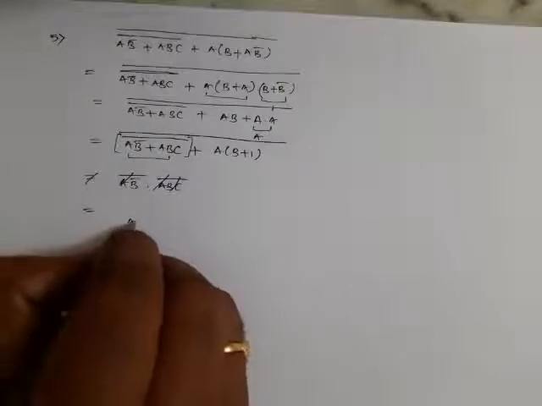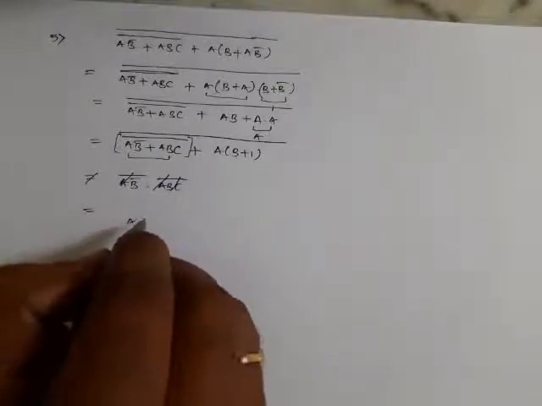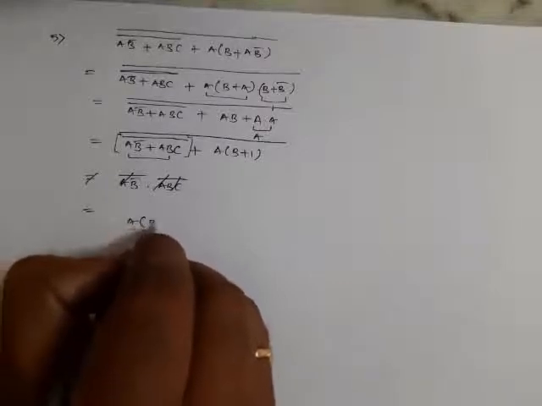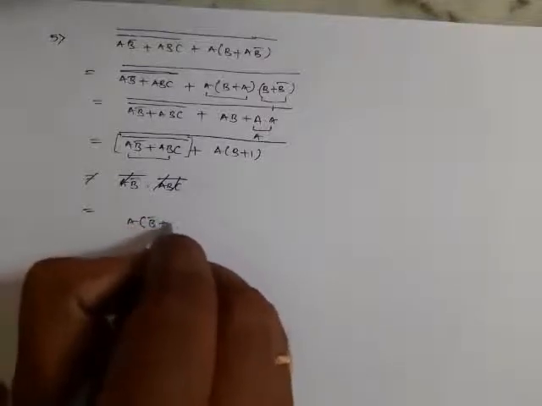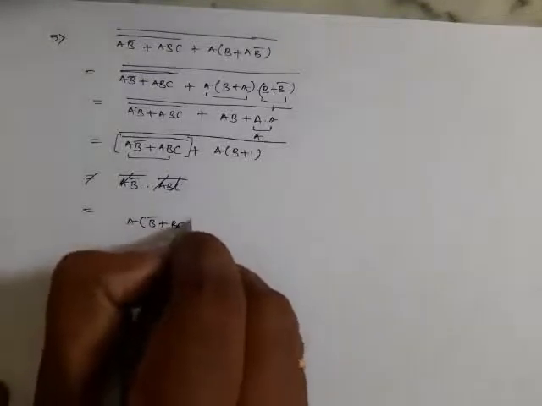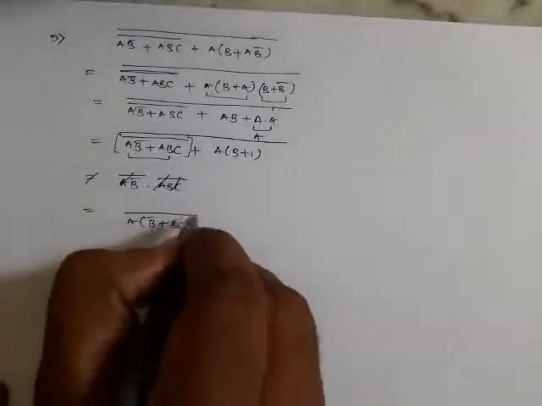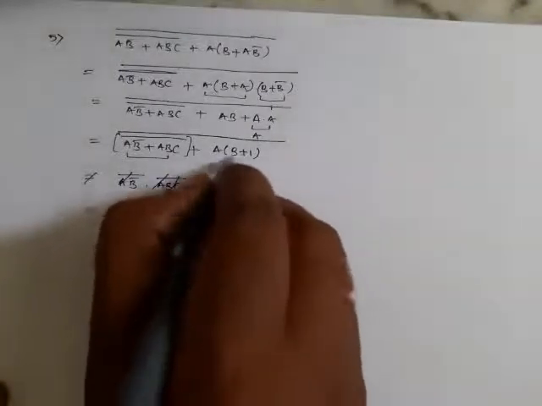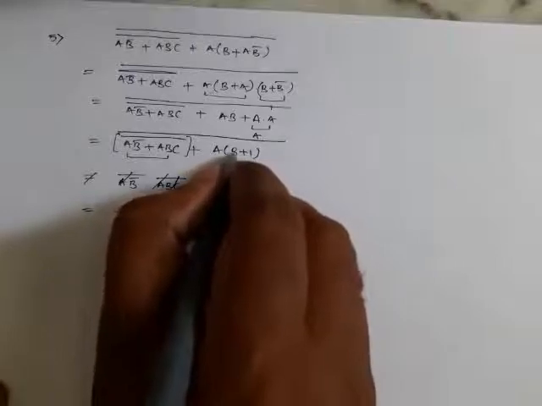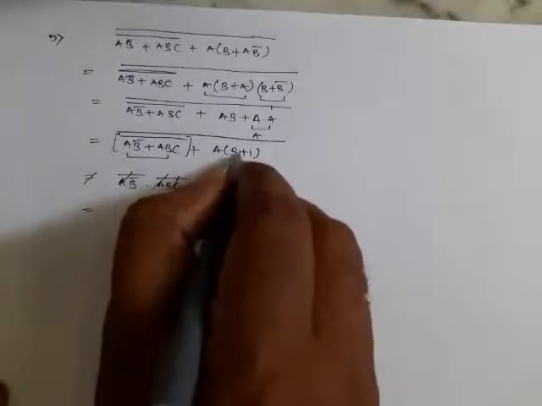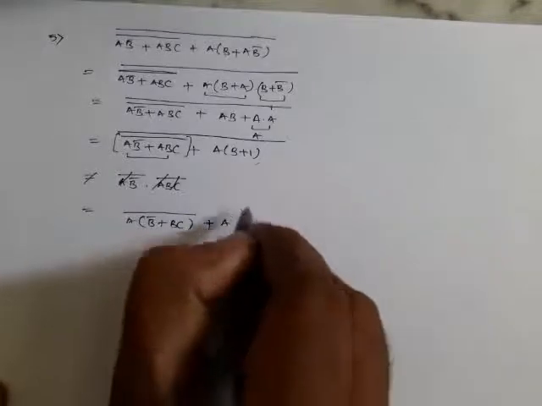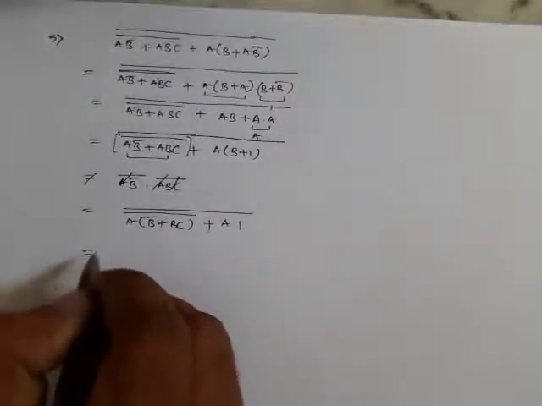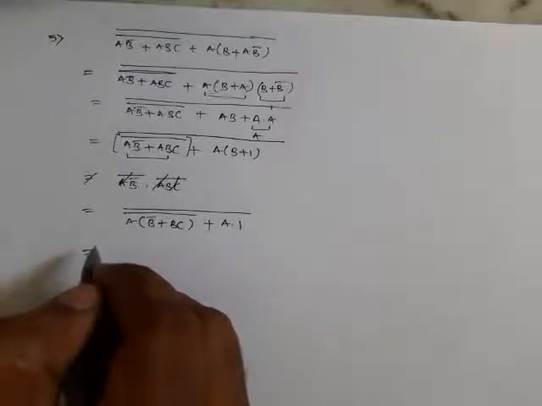That is A, and taken, it is B bar plus BC whole bar plus, here you can see that this B plus 1 is 1, since 1 ORed with something is 1 itself, so it is A dot 1, there is a whole bar, and here you can see that